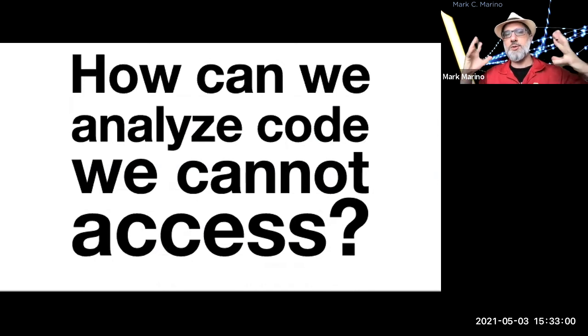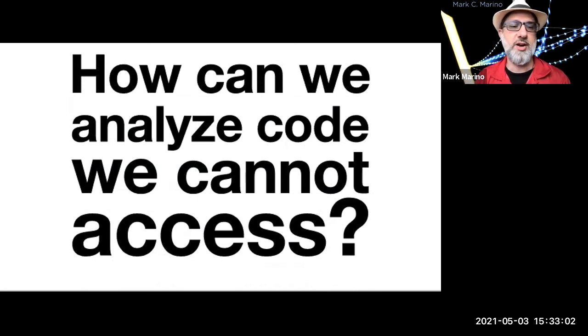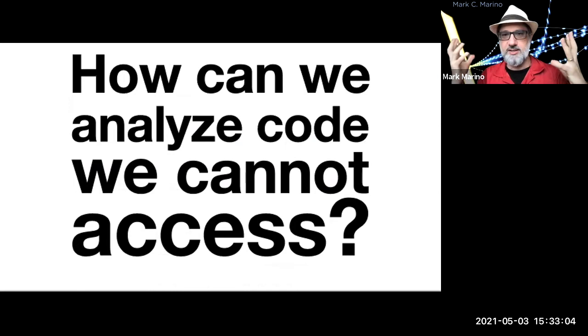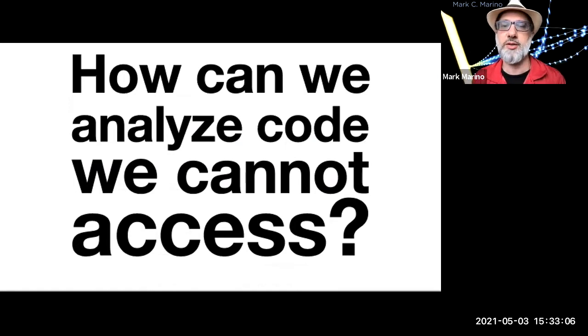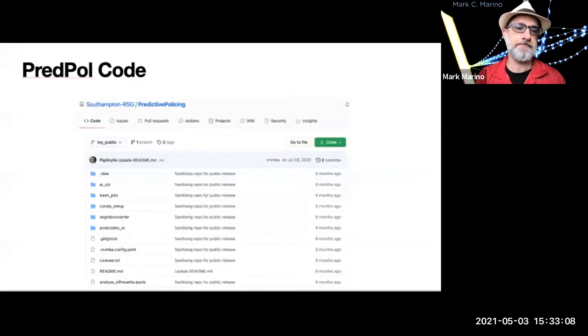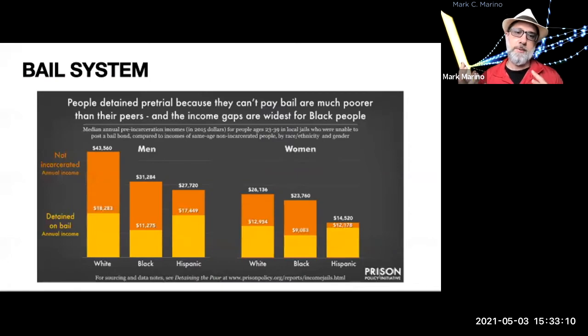But still, we end up with this problem. How can we analyze code that we cannot access? And I just want to keep this in the back of our minds. This is something we've been struggling with in critical code studies a lot. So we turned our attention to a system that's perhaps just as unjust and is using machine learning processes as well,